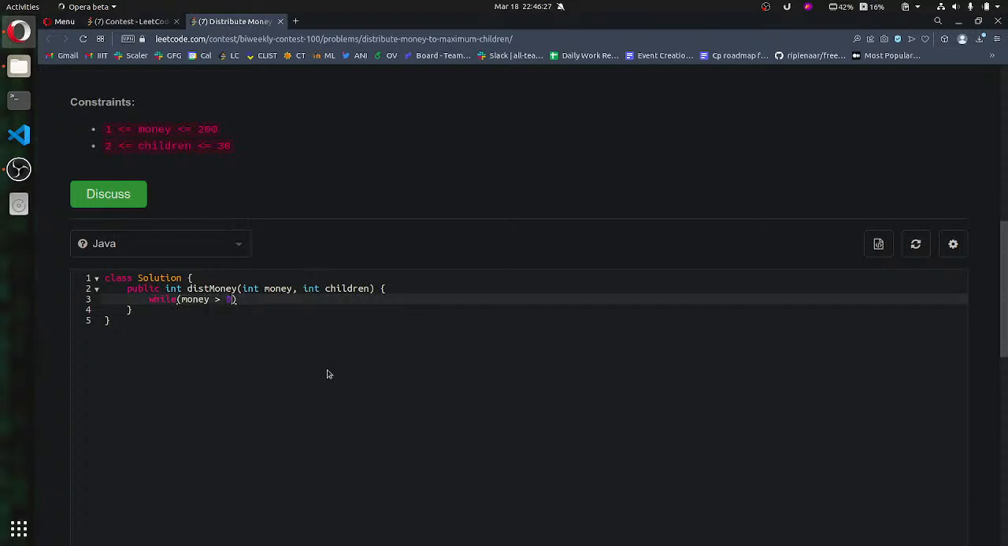While money is greater than 0, money minus equal to 8, and say we have int count equal to 0, and children is greater than 0, children